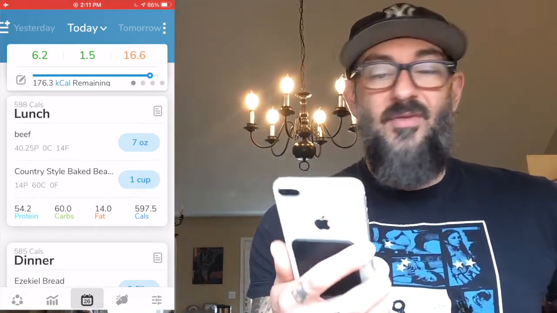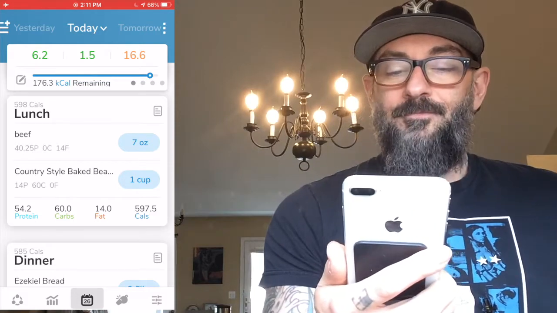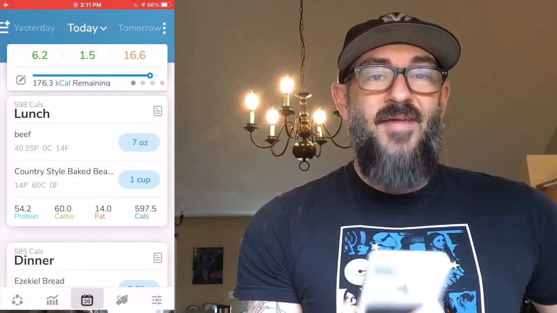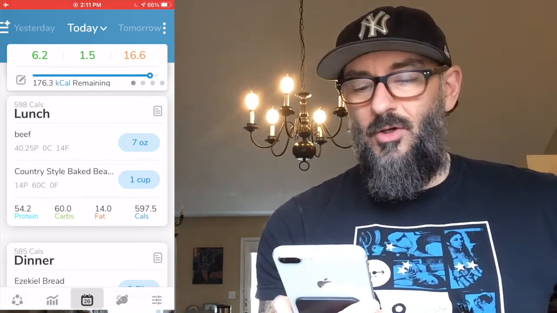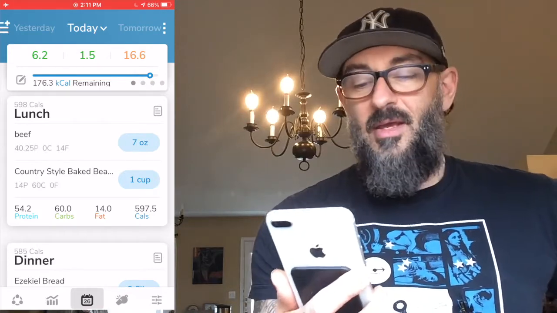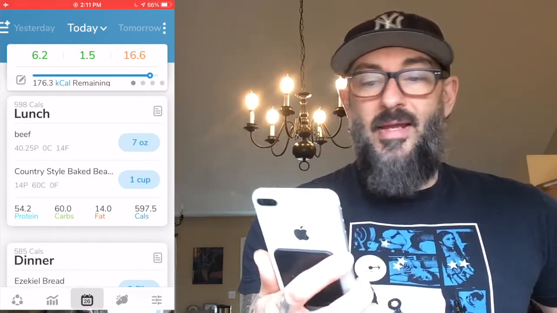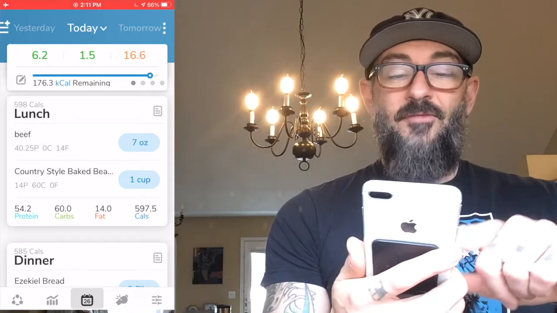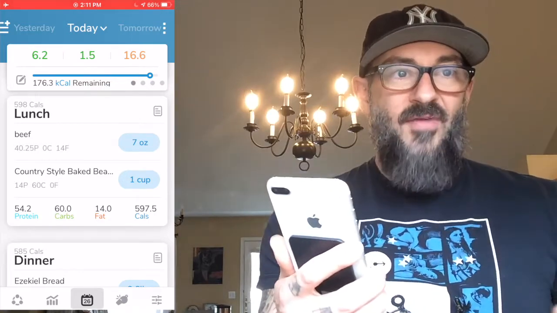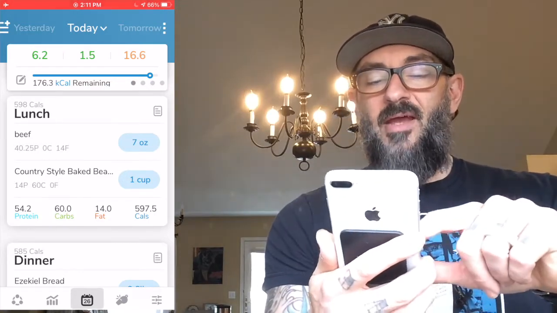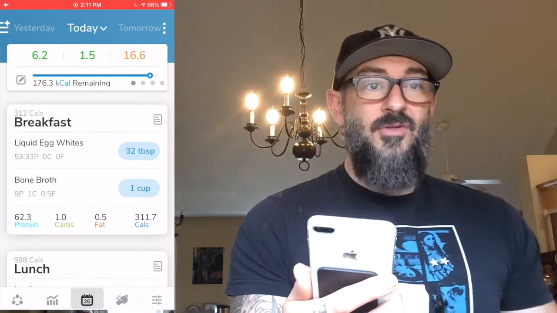Calculated that at about 7 ounces. And then I did a cup of the fat-free Bush's baked beans, which are really good. And because they're fat-free, they're awesome. And in fact, something that's probably worth noting right here at this point, because I had 0 fat on my breakfast, or 0.5 grams, and then I only did 14 grams of fat on my lunch,